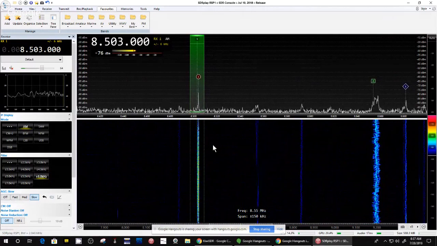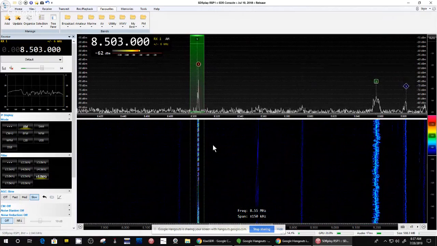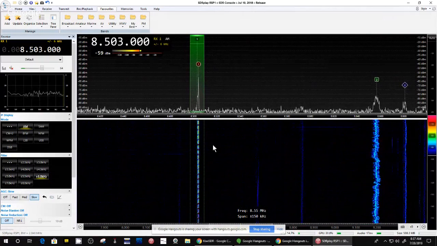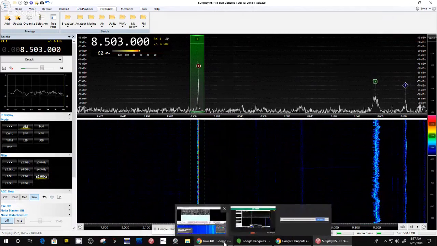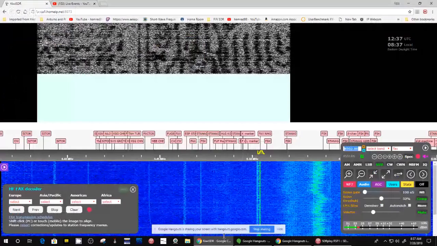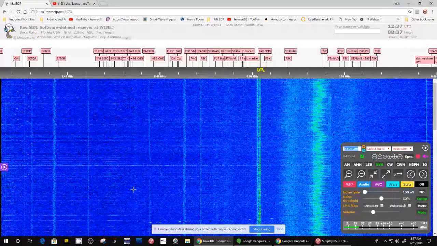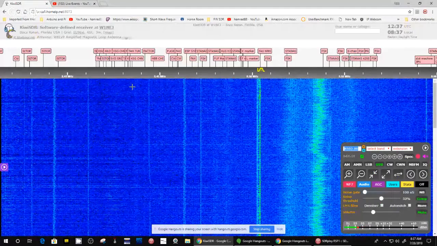Rafi says that Oxford Shortwave, who has a great YouTube channel, has a Kiwi SDR. Now, I believe he's in the Netherlands. Let me go see if I can find him, just out of curiosity. We'll stop this.